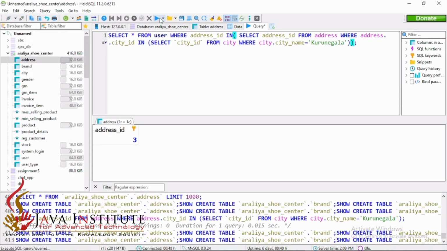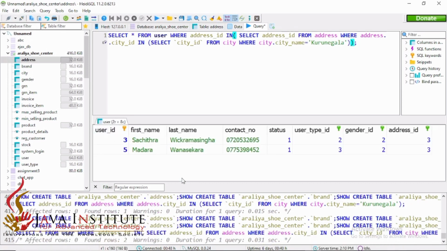After executing this we can get these 2 rows, the details about 2 users, Sachitra Wickramasinghe and Madara Wanasekara. Here you can see address ID is equal to 3 in this case.